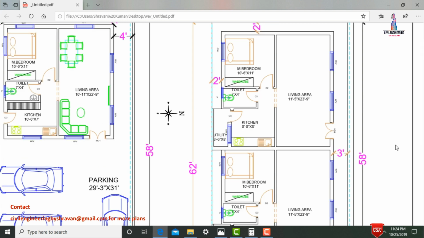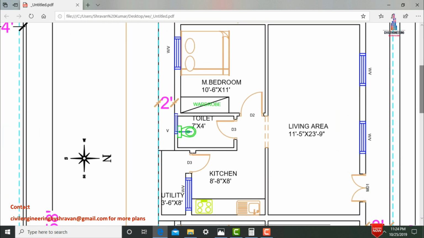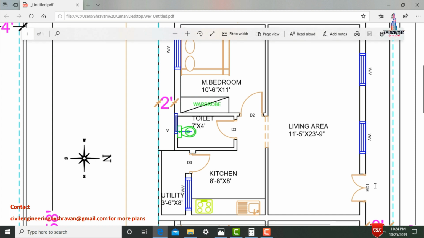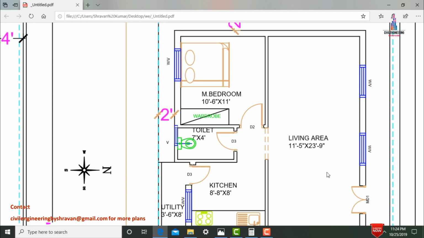Now I will explain you the second portion dimensions for this respective house. So this is the second portion dimensions for this respective first story house. It is also consisting of single bedroom hall kitchen portion. So this is the living area for this respective house. The main entry for this respective second portion will be provided in north facing direction. Through the north facing direction we are entering into the second portion for this respective house. So it will be consisting of living area here, which is consisting of 11 feet 5 inches in x direction as well as 23 feet 9 inches in vertical direction.